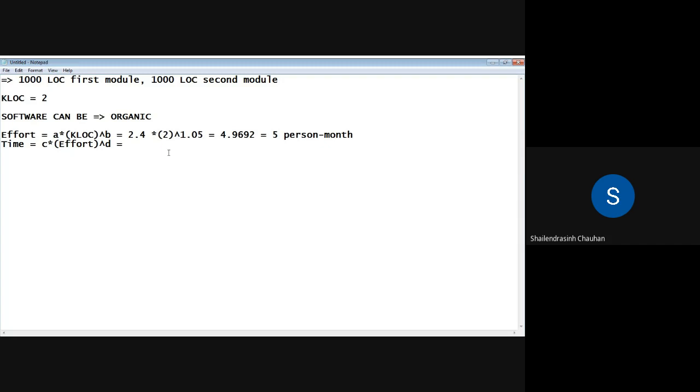So here the C value is 2.5 into, let's say 5 raised to the value of D, which is 0.38. Let's find the value.